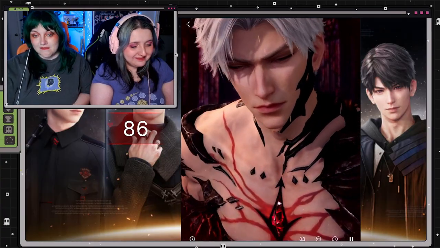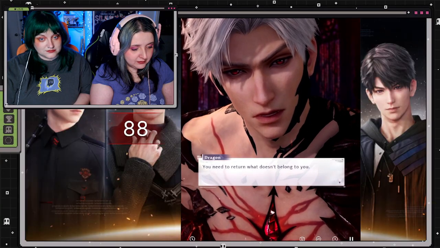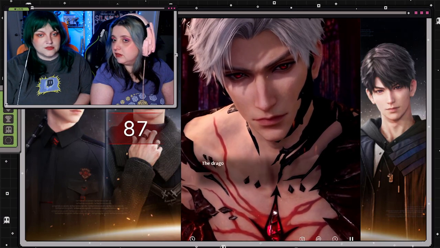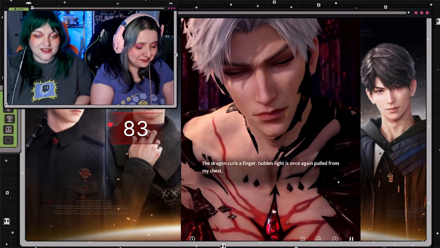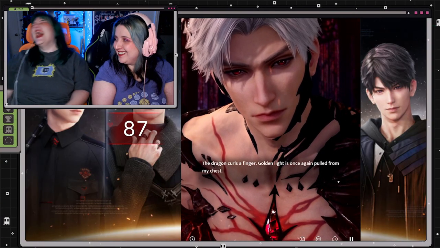you need to return what doesn't belong to you. Or half my soul? Heart? No, that's early. Oh, it didn't happen yet? It happens here. The dragon curls a finger. Golden light is once again pulled from...